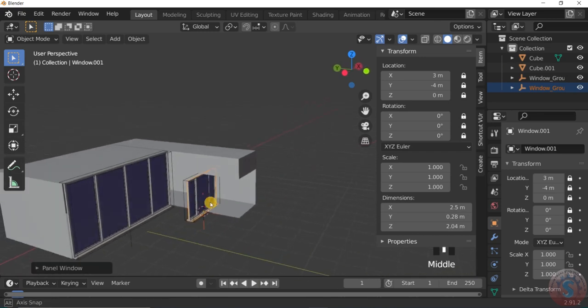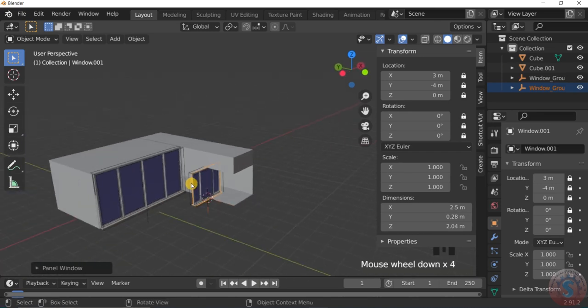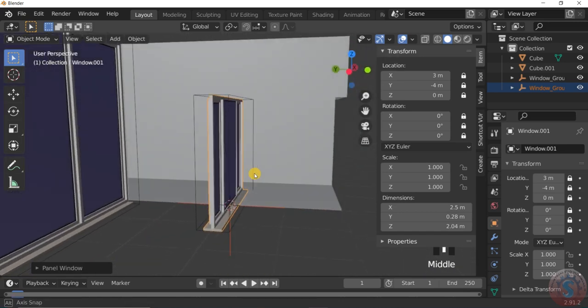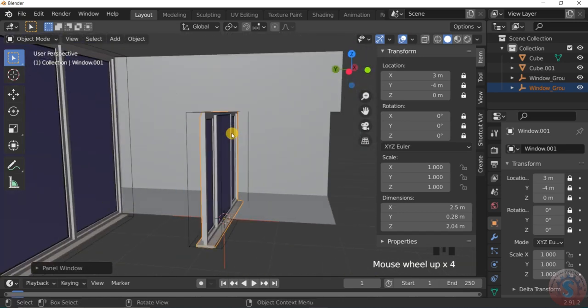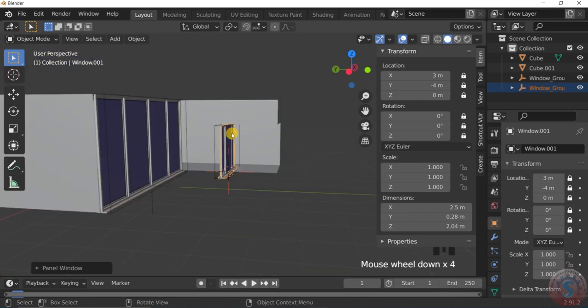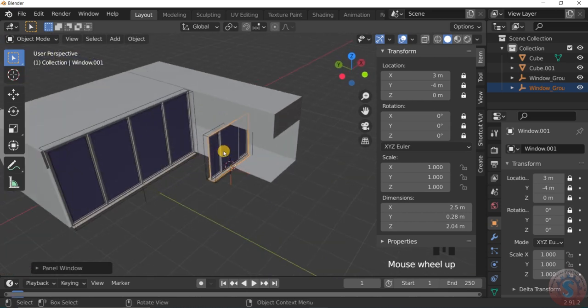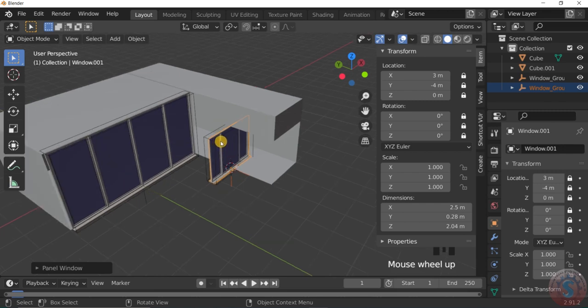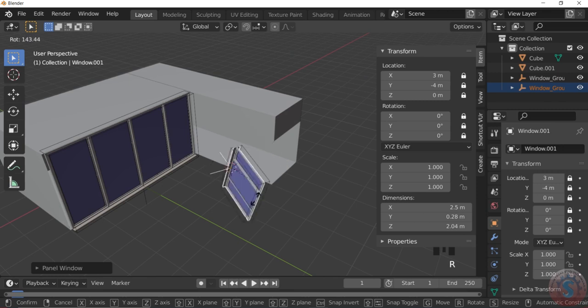This is rotated. How to rotate this I will show you. This is one of the basics, and you can observe this is in position. Then after I want to rotate this by clicking on the R key, you can rotate this like this.